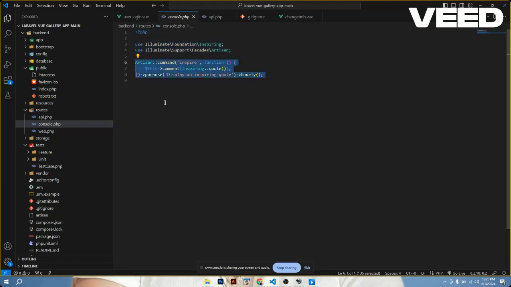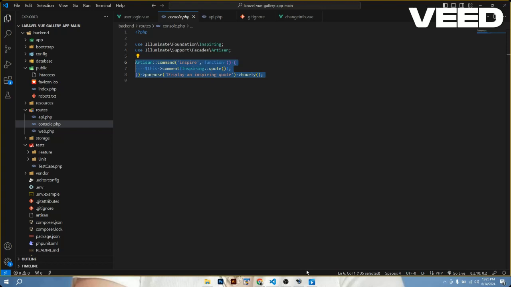this line defines an Artisan command named inspire. Artisan is Laravel's command line interface, or CLI, tool for managing Laravel applications. The closure function is the purpose of this method. The description describes the command, which helps documentation by explaining its purpose.